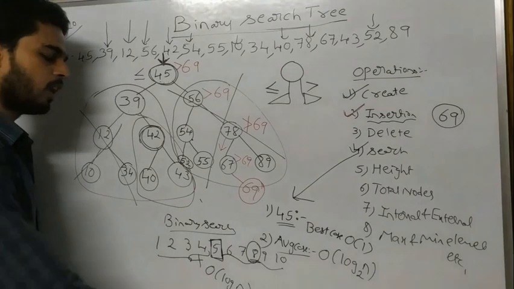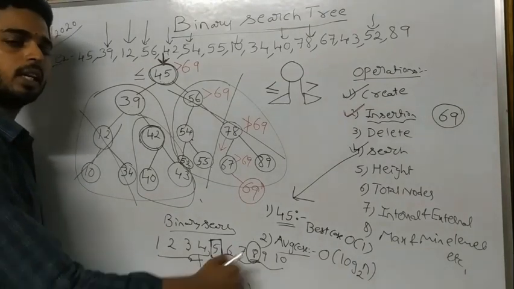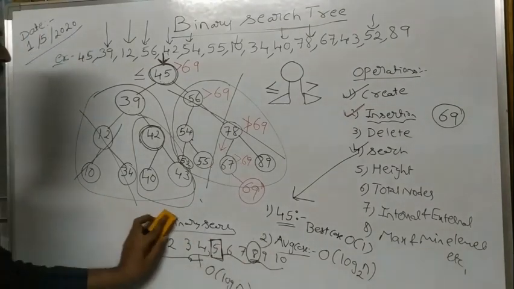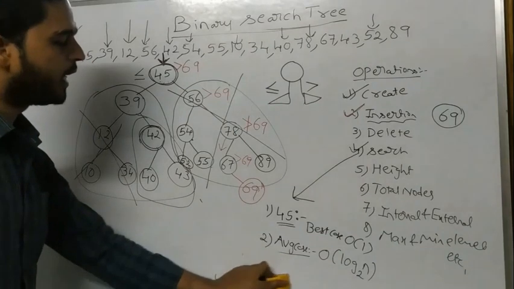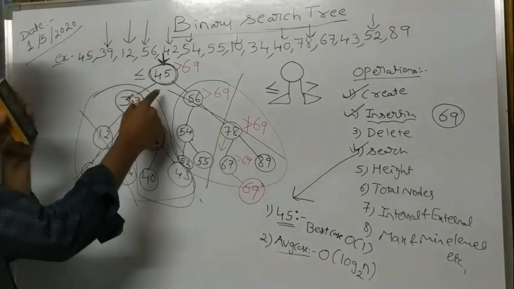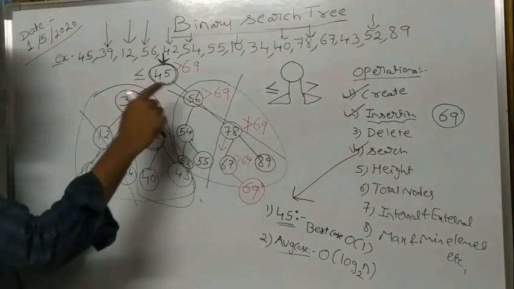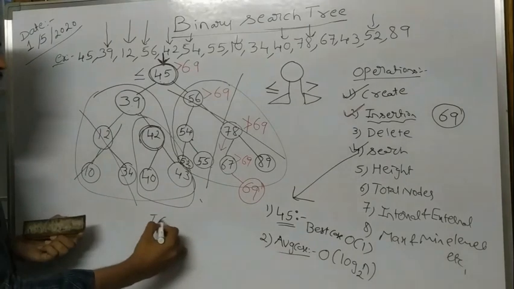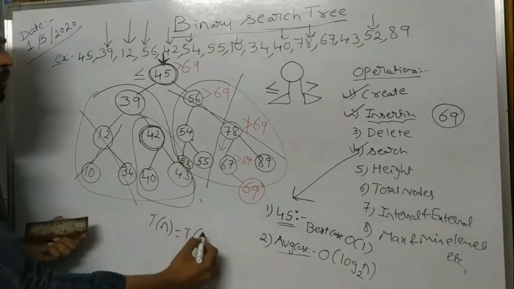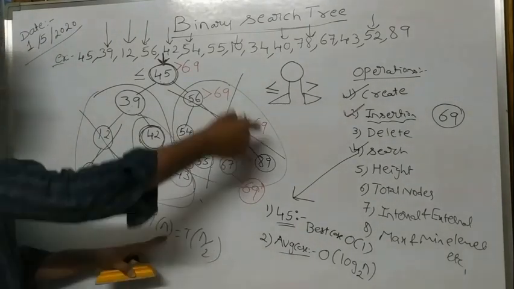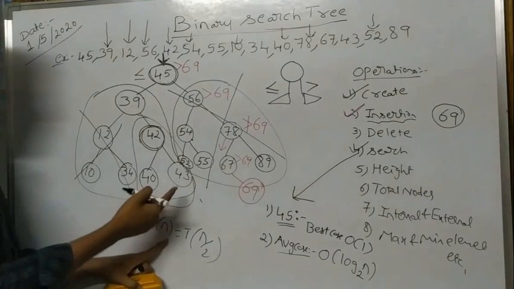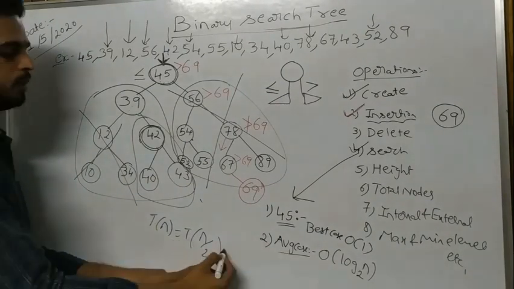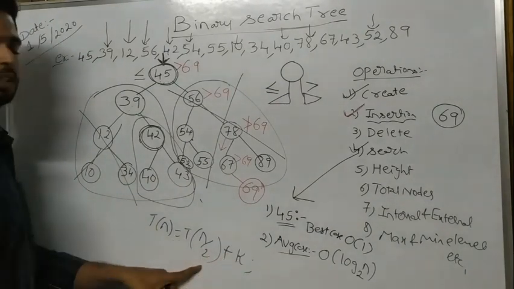There I have explained why you are getting that time complexity with the expression also. So here also it is following the same process, meaning that every time it is going to skip half of the elements. Like simply, if you are writing an expression, the time complexity is T of n, and every time you are going to skip, so it becomes T of n by 2 with the time complexity.